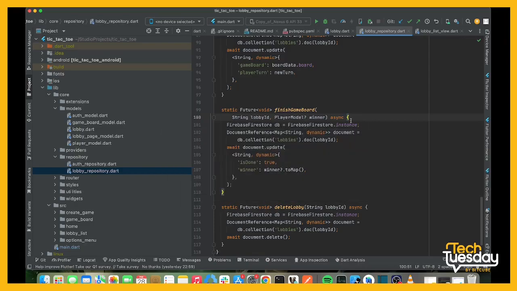If you look at this function, first things first, we need to get the database instance, and then we follow a very similar path to the create. We go through the DB, we search for a collection called lobbies, and once that is done, now instead of calling the add method, we want to specifically get a document that has an ID that corresponds to the lobby